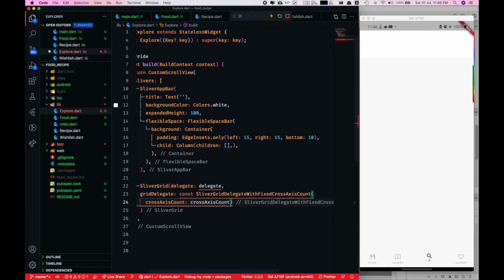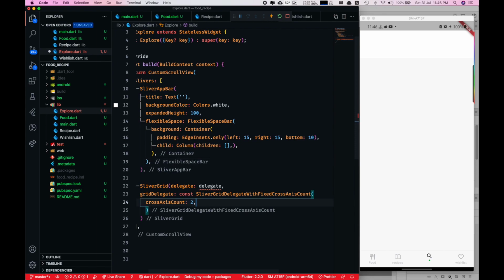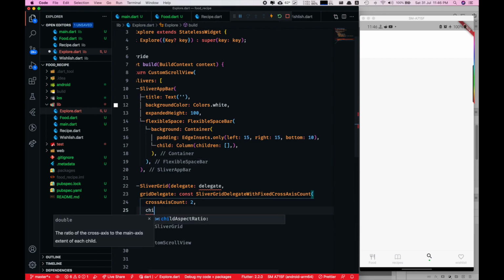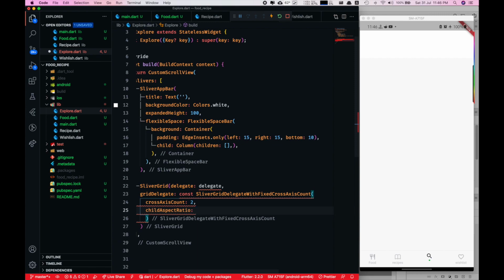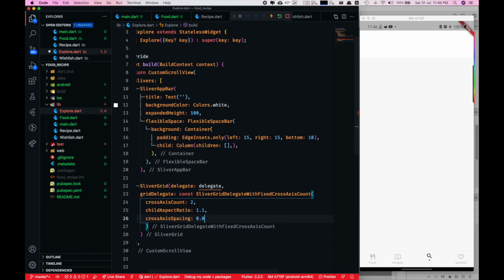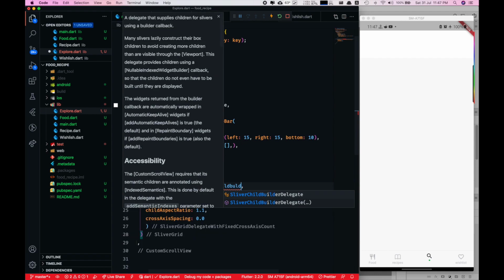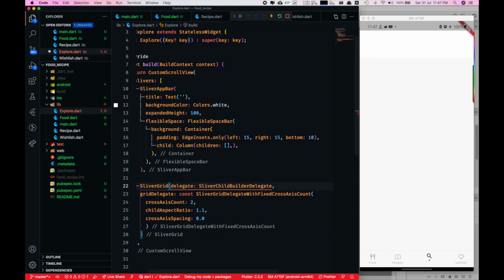And for this count I need to pass a 2, just because we want 2 grids or 2 cards, so I should pass a 2. And the second property is child aspect ratio, which should be 1 by 1, and cross spacing should be 0. And in the delegate I will use SliverChildBuilderDelegate. Okay,